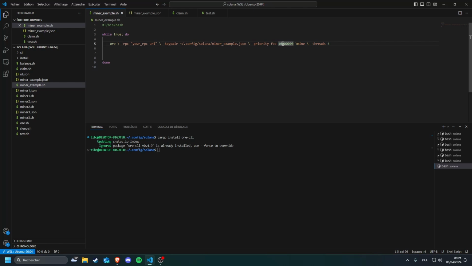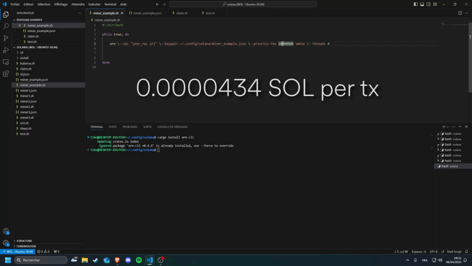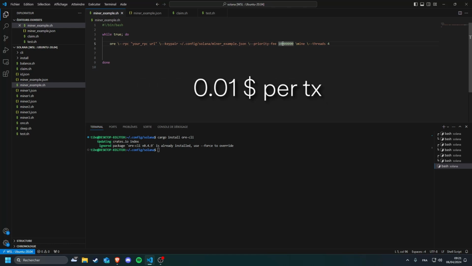That costs me around 0.00004 SOL, which is equal to around 1 cent at the current market. So that's very cheap. But watch out, you will probably have successful transactions and refused transactions, and both are deducting SOL from your wallet.